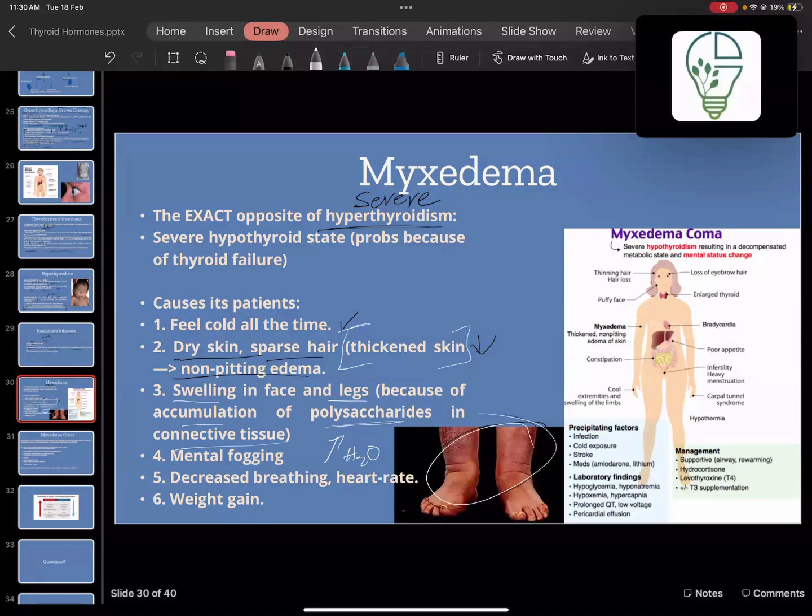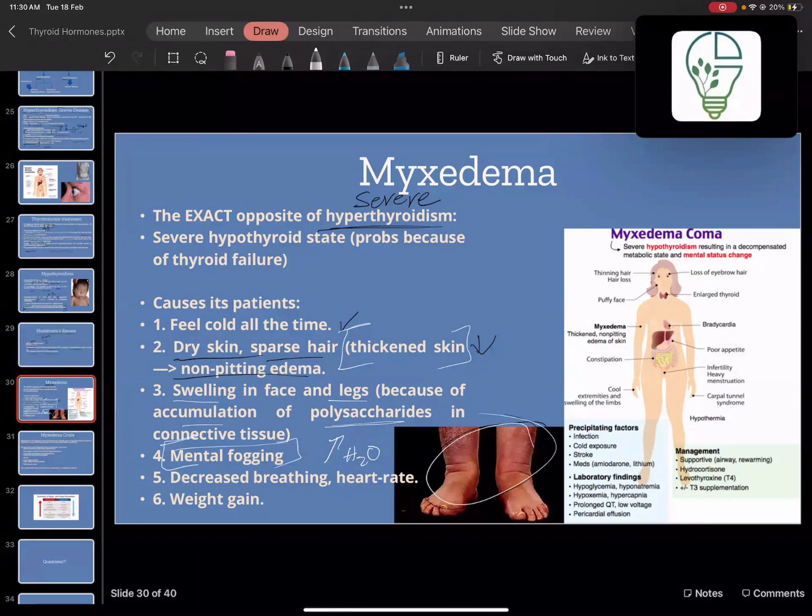So non-pitting edema basically means that when you put your hand on it and then remove your hand, it doesn't bounce back. If you push it in and you have pitting edema, it causes a mark. Here it won't cause a mark. It's just going to stay at the same level. Okay? It also causes mental fogging,